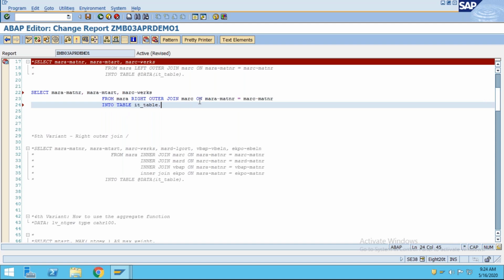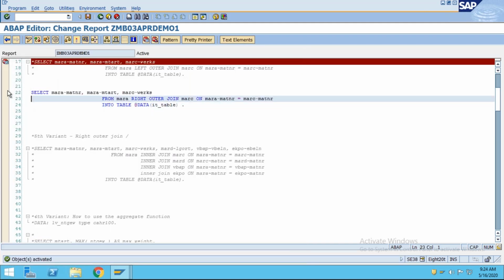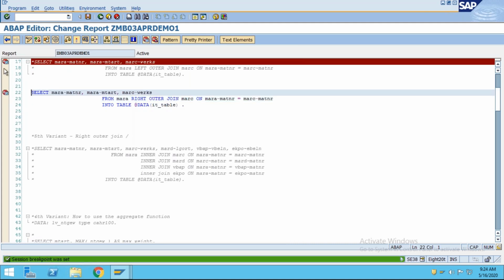Check the syntax, but here you have to give the at sign again, table at data, and like this. Again some problem is there. What is the problem? Into table appears two times. Check the syntax, activate this one, and the right outer join also.